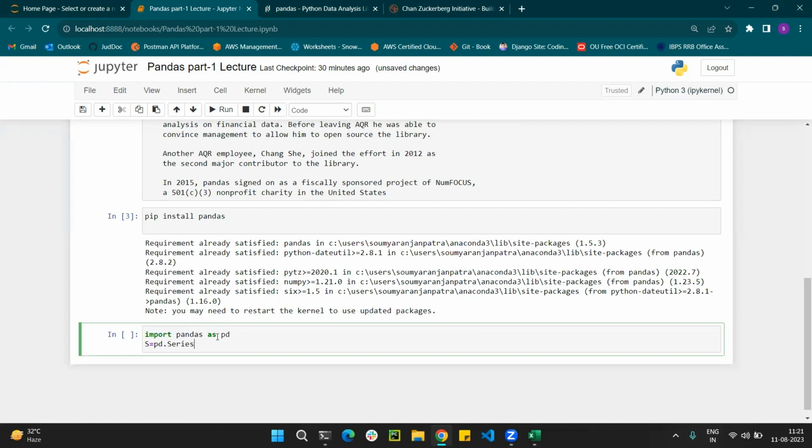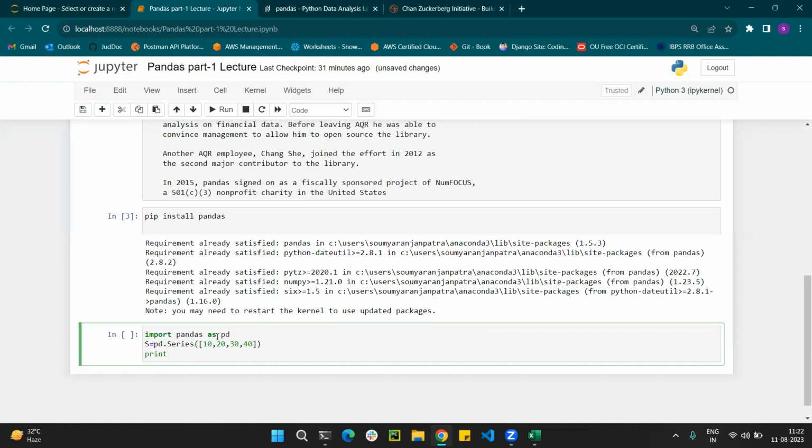Remember that the S in Series is capital. If you put a small letter, it will give you an error, so keep that in mind. Then I give the elements 10, 20, 30, 40, and print s here.